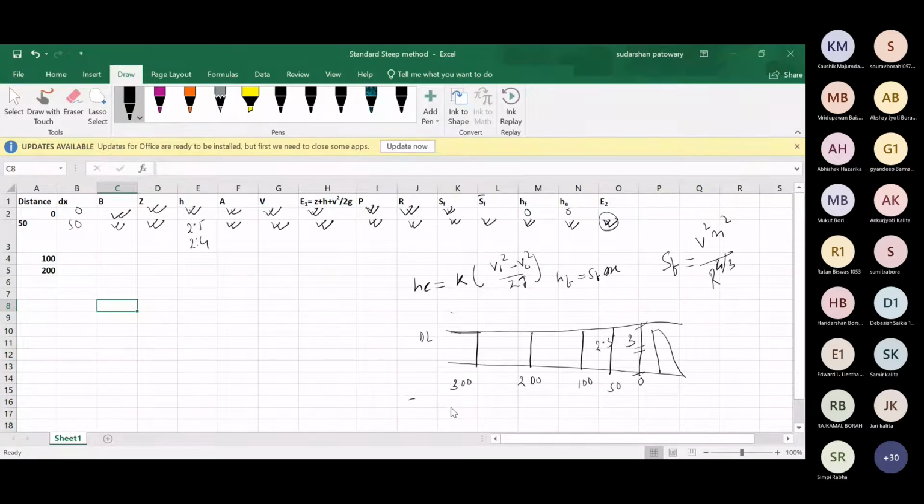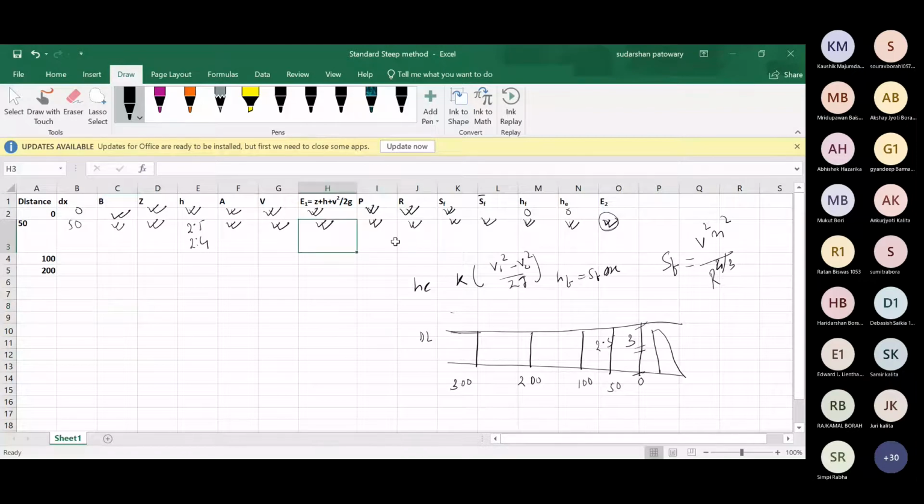So up to section 1 is correct. You know this first step. Is there any doubt in the first step at the 0 level? No, sir. Next, at a distance 50 from the downstream, suppose I have assumed that this height is 2.5. Width is known, Z is known. We assume that this height is 2.5. Now for this 2.5, we can calculate A, V, and E. Clear? Yes, sir.